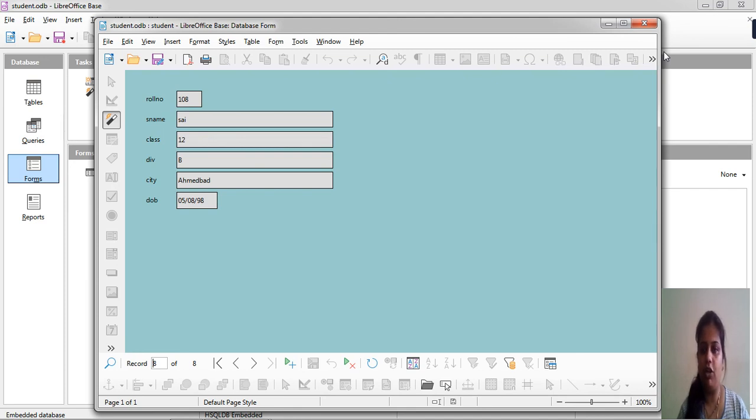Okay, so have you all got it how to do the database? Okay, in this way you all have to create. The database practical is very easy, just follow the steps as I have shown in the practical and perform it at your end. Due to the pandemic it is not possible for you all to come to college and perform this practical. So at your home, by your side, you all have to install the LibreOffice based software in your computer or in your laptop and then perform the steps which I have shown and solve this SOP number 1 for your database practical. Okay, thank you.